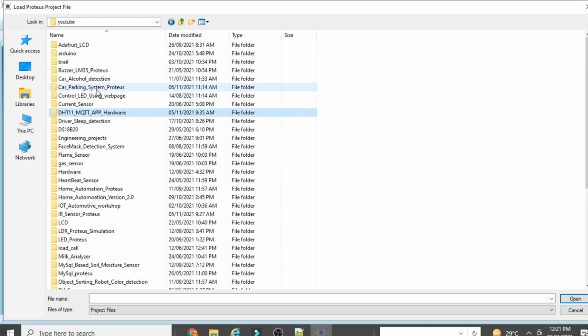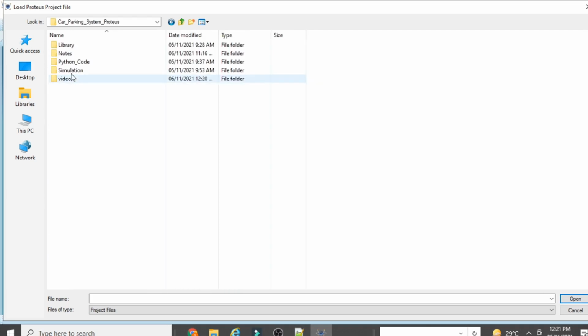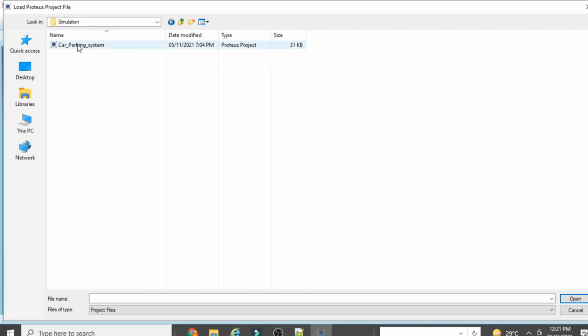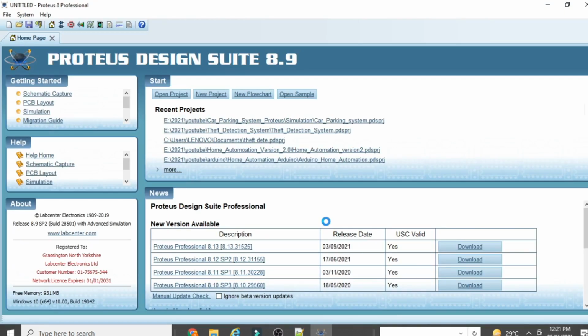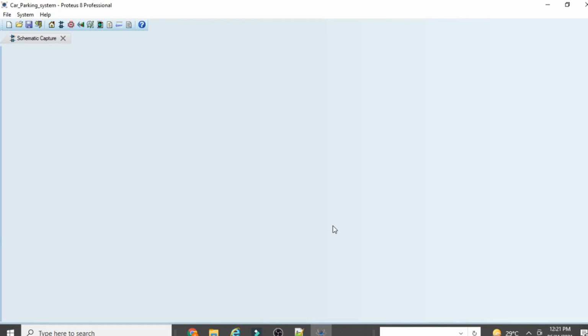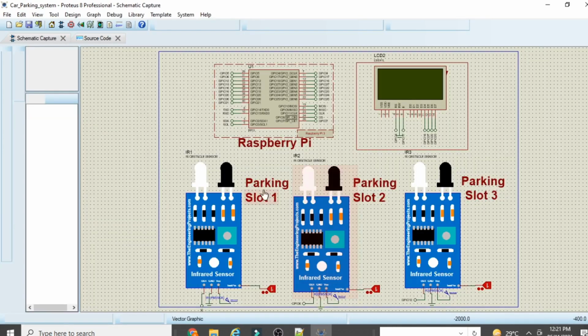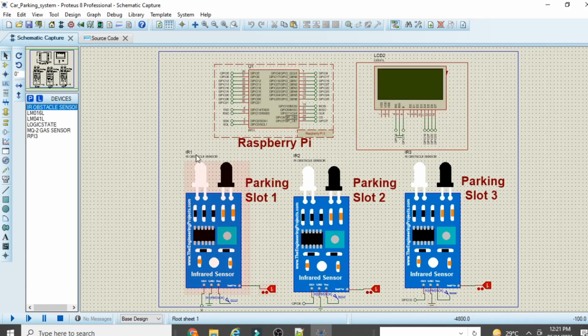The name should be car parking system Proteus. Then go to the simulation folder, click on this car parking system, then click on open.